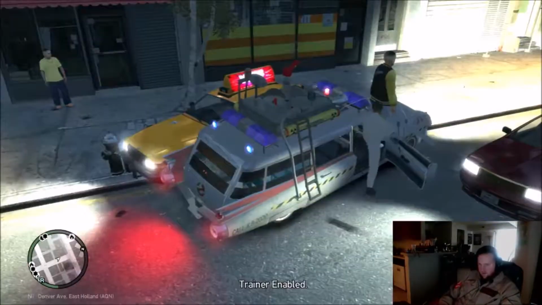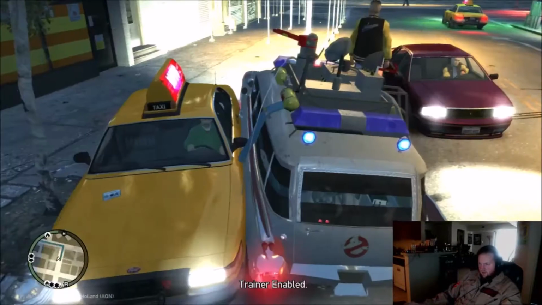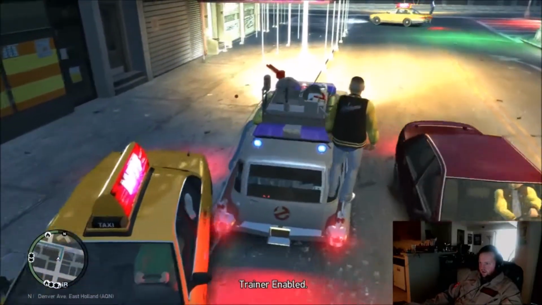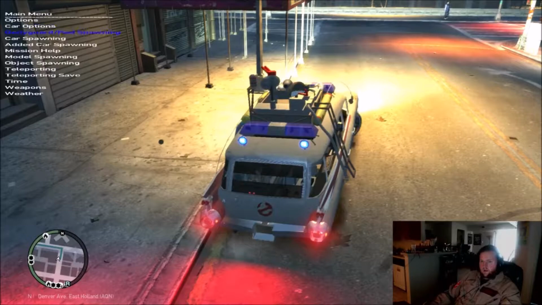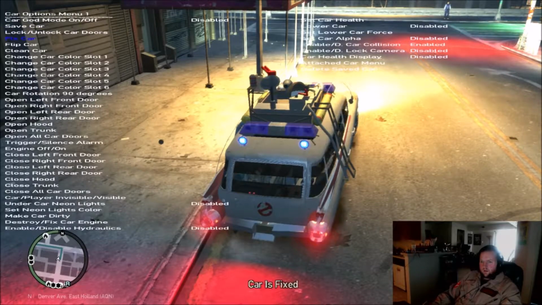Medic 70 to Manhattan. Well, as it turns out, I sort of do. The game thinks I do, even though he's just going to sit there and float. Manhattan to Medic 70. Roger. Take the patient to Alderney Hospital Center. Just gonna repair the car really quick